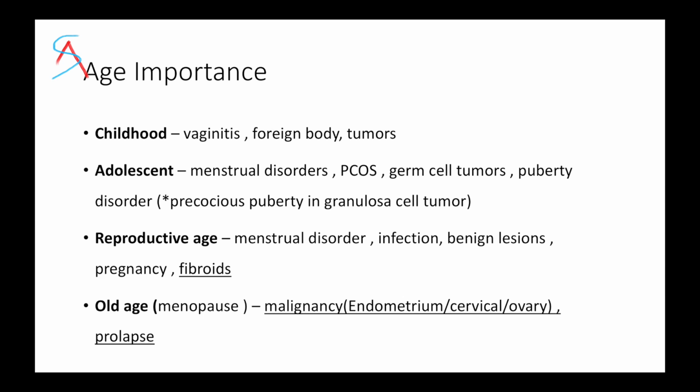The importance of age is that during childhood, diseases would be different, like vaginitis or foreign body. During the adolescent age, polycystic ovary disease or menstrual disorder. During the reproductive age, fibroids would be common, pregnancy would be common, and in old age, generally carcinomas would be common and